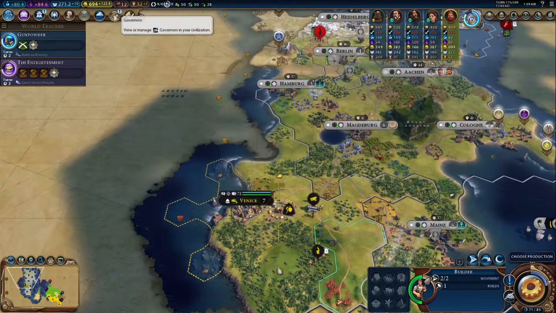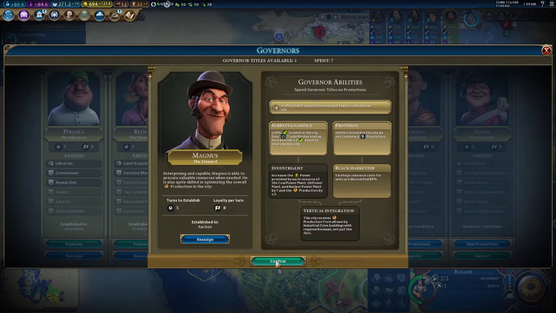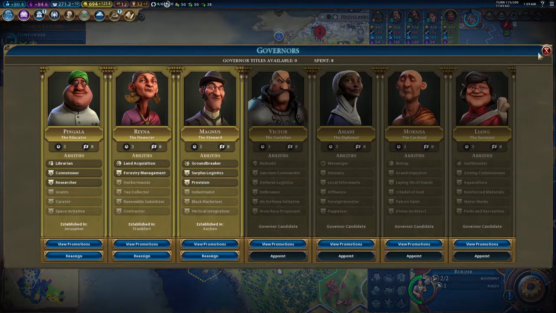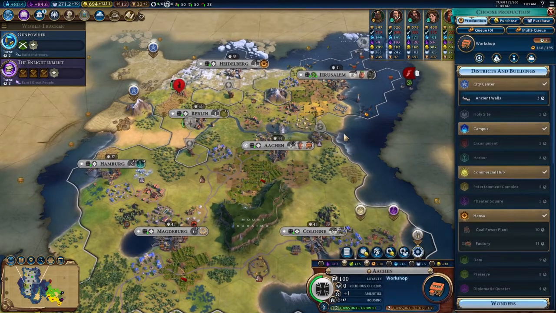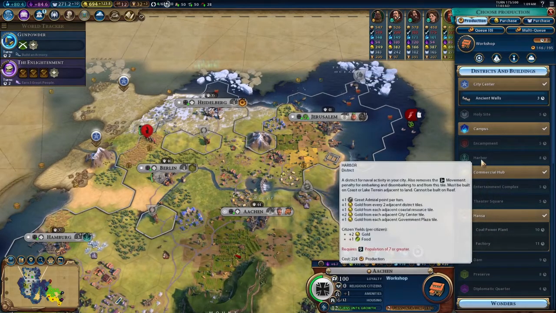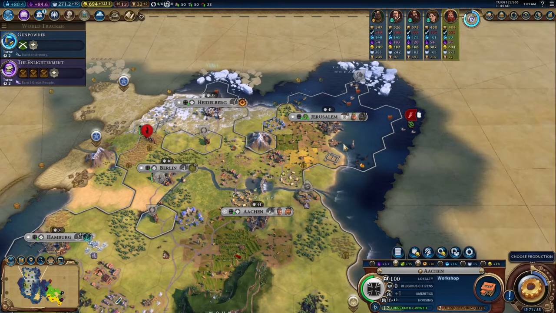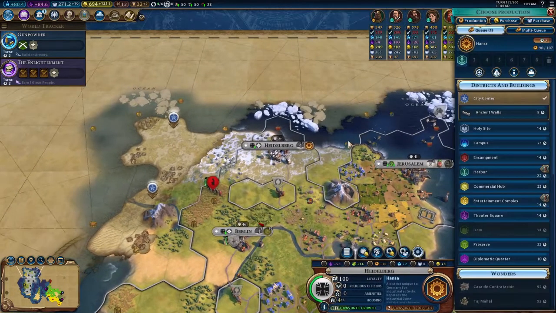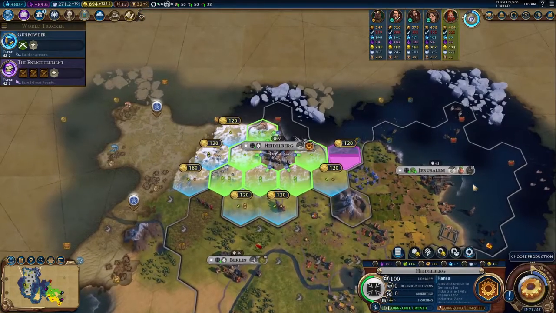And we do have another governor title, which is good. We're going to go ahead and pop that into this city. That way the capital is going to grow faster, and the more the capital grows, the more we can really develop it properly and get more of these other districts up and running sooner. So we're a couple turns off getting a workshop. That's good. We've got another population potentially. So what we will do